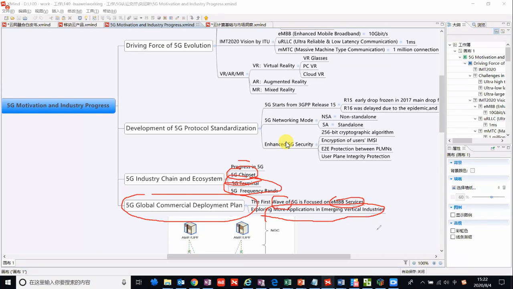So for industry, we must have URLLC and mMTC. These two scenarios are what we focus on in vertical industries.